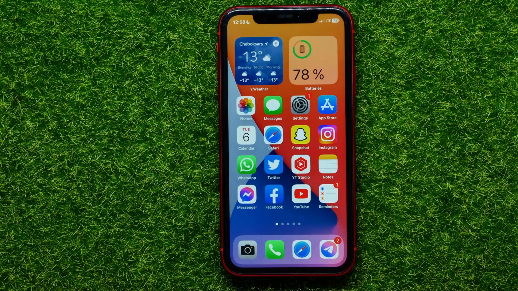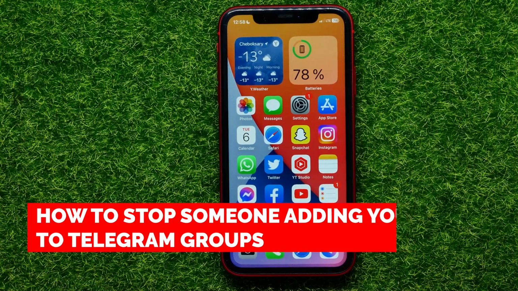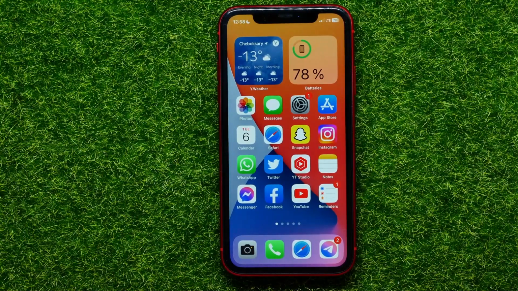Hello guys, welcome back. In this video I will show you how to stop someone from adding you to Telegram groups. If you are tired of people constantly adding you to different Telegram groups and you want to stop it,